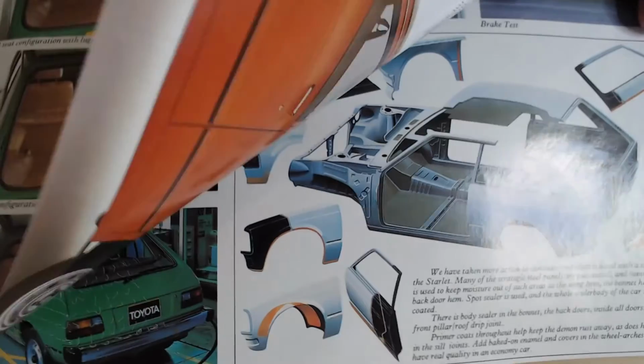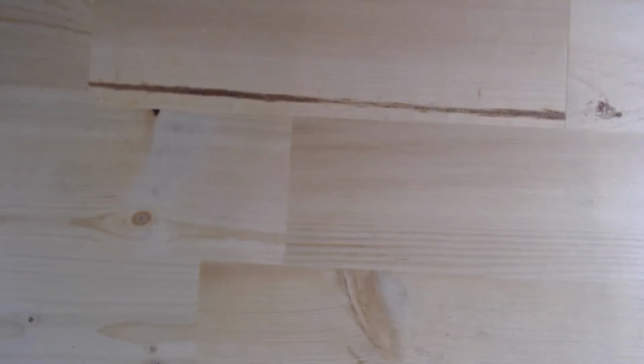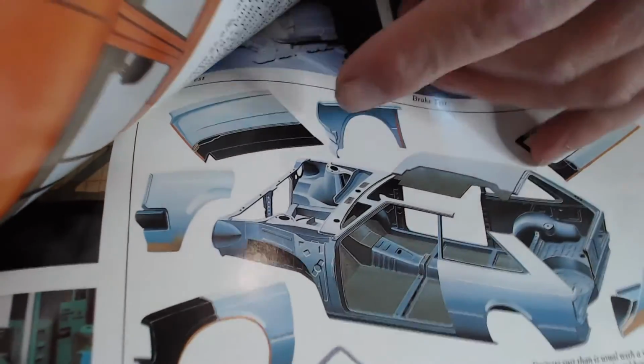But in here, it's kind of like showing the construction of the car, etc. It's not really very easy to actually see, sadly, so I can't really show this on video too well. But I did just want to show you one thing, if I can actually make it on there. I don't know if you can see this or not, but on this particular picture, if I can show you